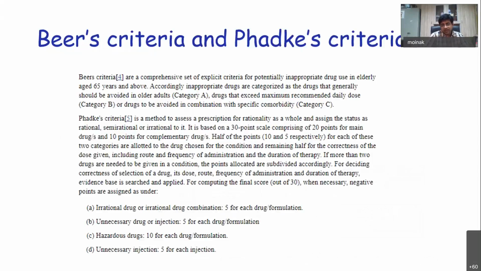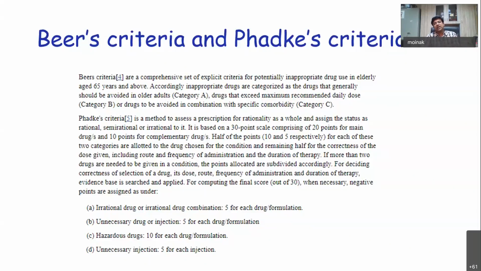When we have to evaluate prescriptions, there is, I didn't know, and actually this is the first time I also came across while writing up for this lecture of yours, that there is something known as a FUD case criteria. It's a 30-point scale, and it tells you whether it is rational, semi-rational, or irrational. Points are given. There are various segments, and I'll show you in the next slide. You don't need to learn all this, but points are given and they are rated.